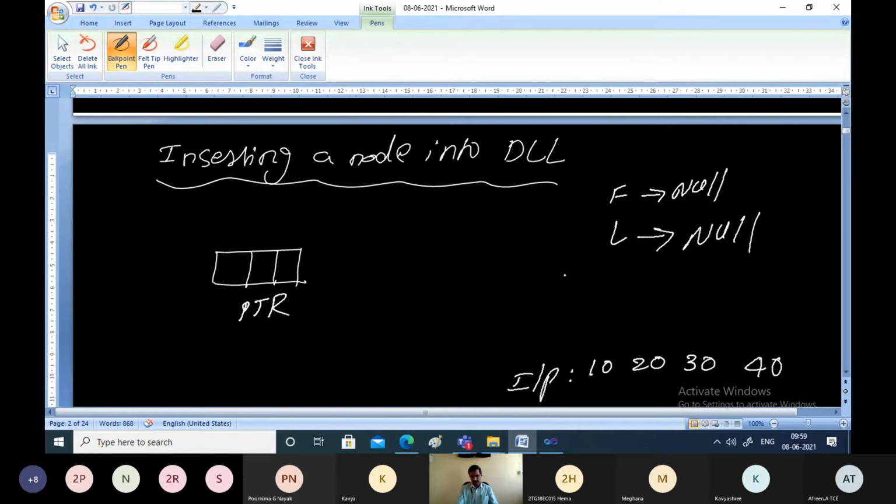First, the data you want to store is 10. The node has an information field, a previous field and a next field. Store 10 here and make next as null and previous as null. Now this node is ready.